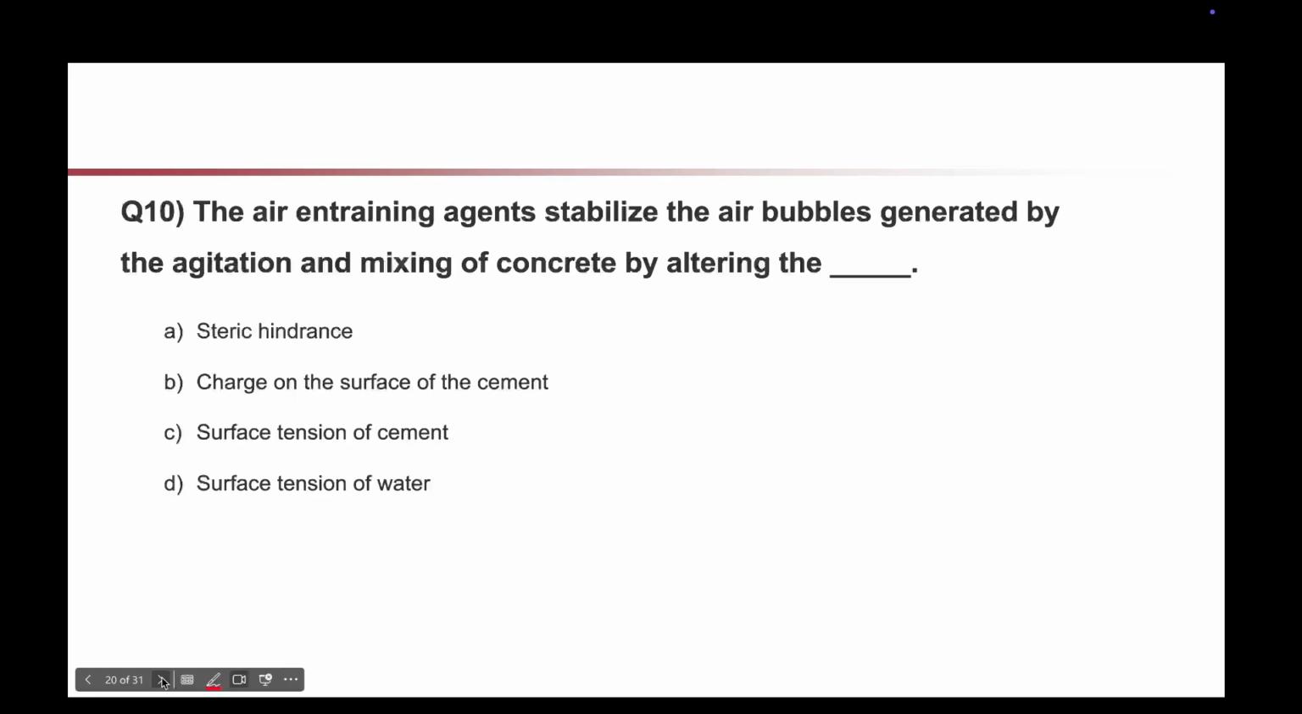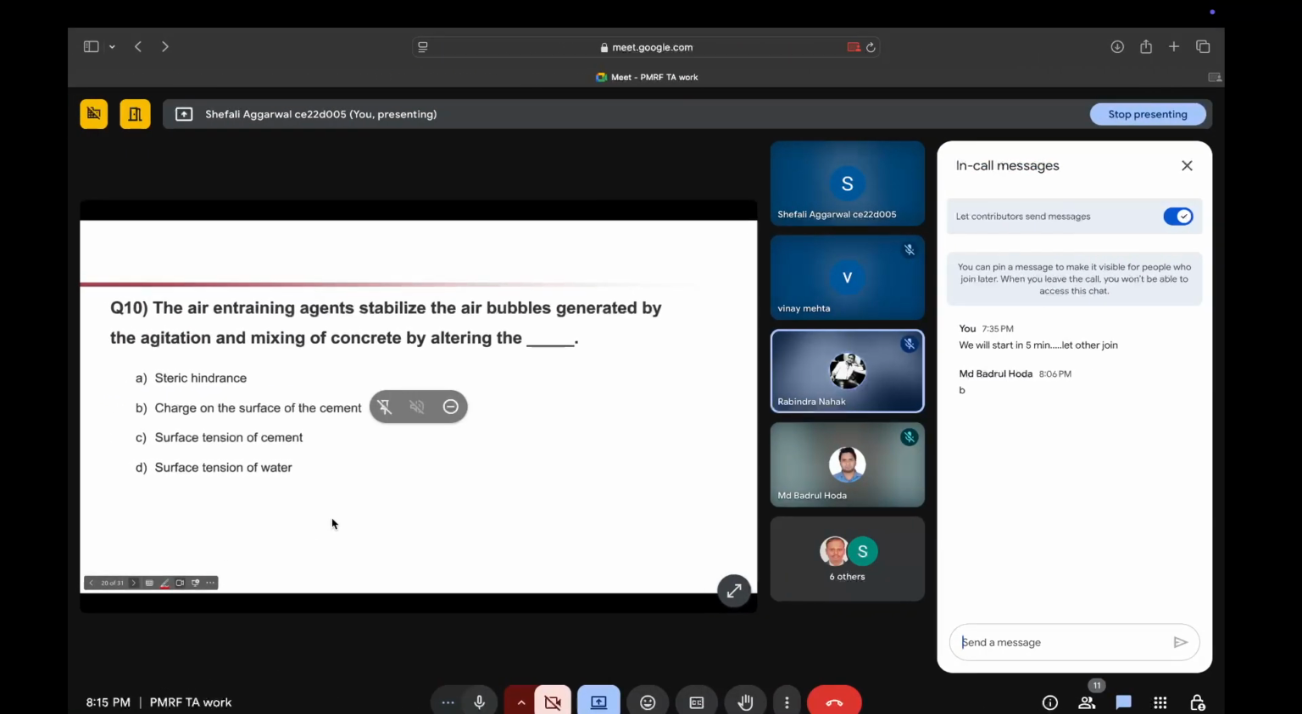The air entraining agents stabilize the air bubbles generated by the agitation and mixing of concrete by altering the steric hindrance, charge on the surface of cement, surface tension of cement, or surface tension of water. Surface tension of water. Okay,